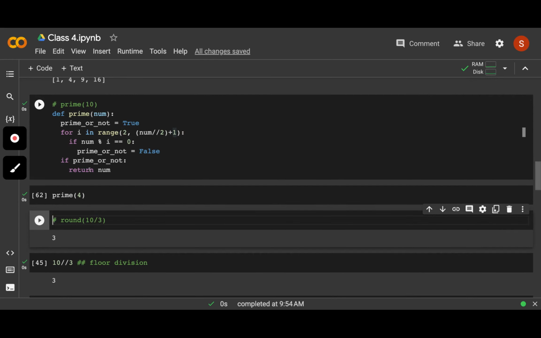Okay, let's check why it is still returning 4. You see, now it is not returning. That is correct, no? It is not returning anything. Fine. So you go from num by 2. So if you put 4 here, let's say num is 4, what would be the range value? Starting from 2 and it will go till,